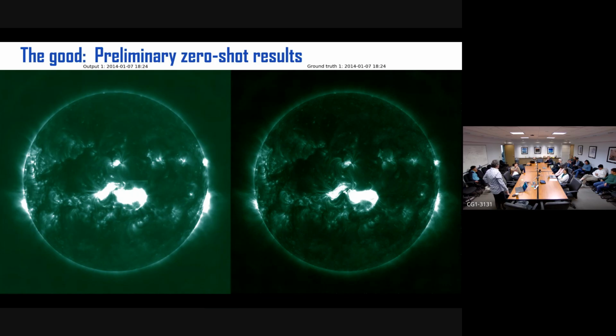Have you tried going 1 hour before, like before? Would the flare still be there if you start the rollout earlier? Or how far can you go before the flare until you don't get the flare signatures? I have not checked that. 3 hours, 4 hours, 6 hours, I have not checked that.